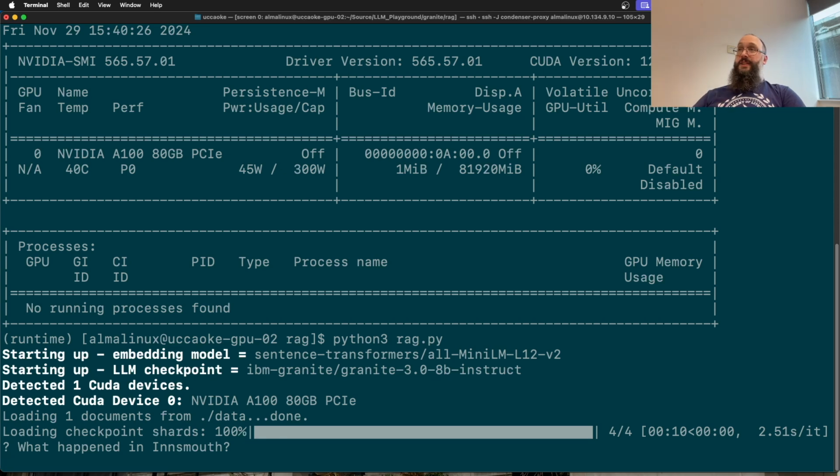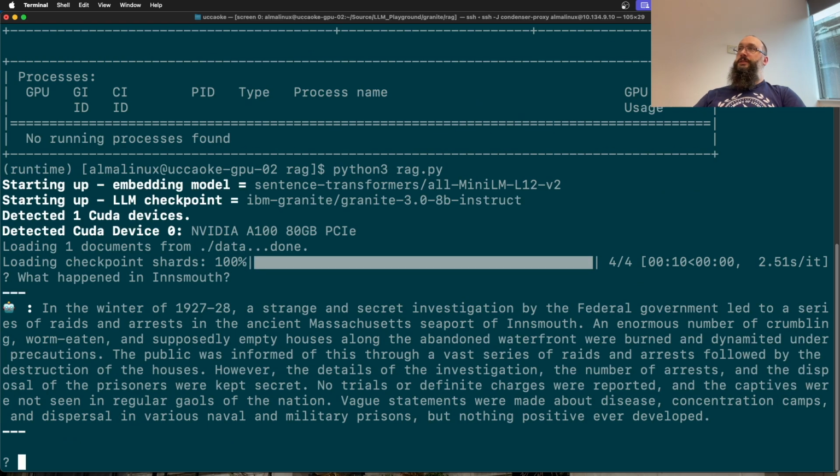What's happening now is it's doing a search, it's constructing a prompt, and sending that information to Granite to summarize, right? So what it presents you with is a summary of the information. Actually, this is a bit, if you've read the book, at the end of the book, where the author is saying what the official version of the story is, right? But we can ask it other things like,